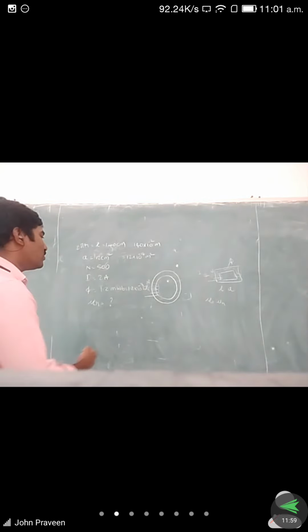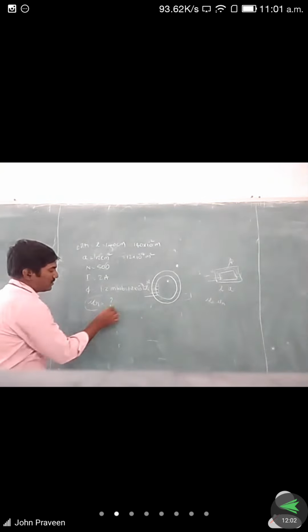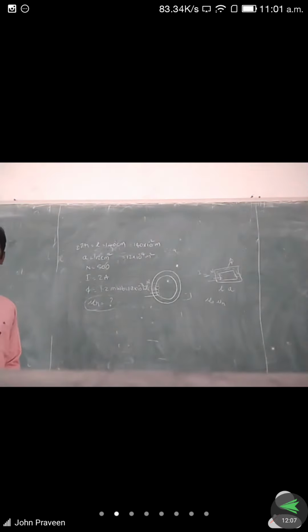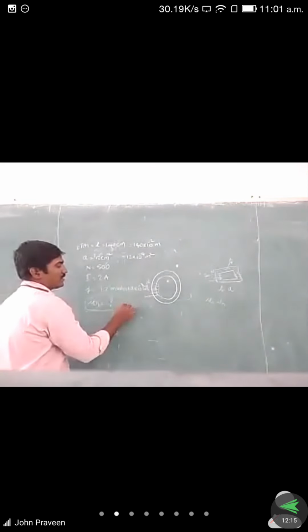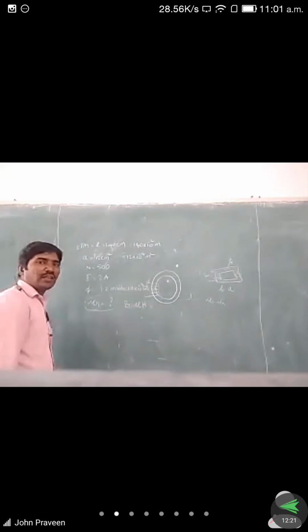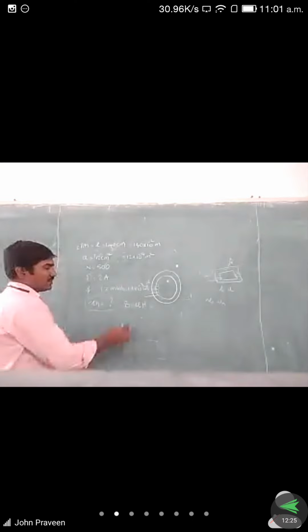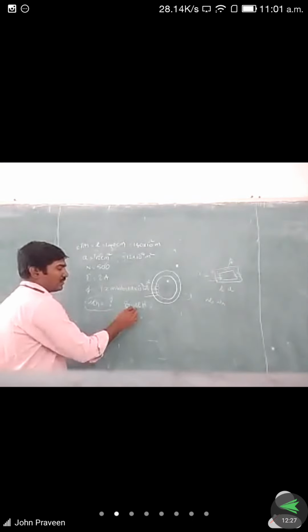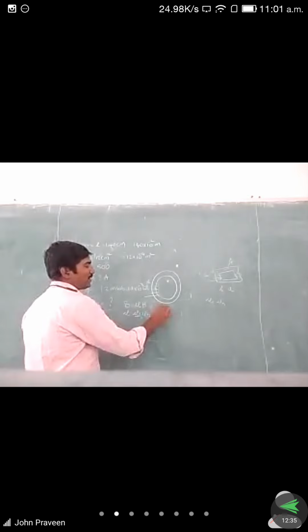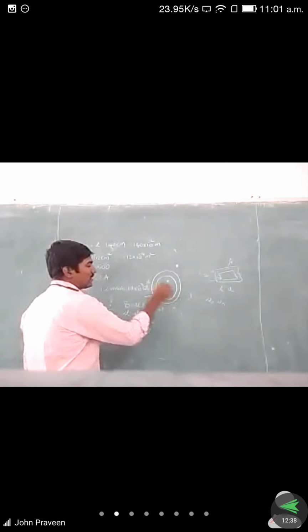Then we want to find out the MEOR value. How is it possible? Where are we getting the MEOR value? From the relation, B is equal to mu into H. Already we know that; in the last 2 classes we discussed the density. Already we know that mu is equal to mu naught into mu R. Mu naught value we already know: 4 pi into 10 to the power of minus 7.